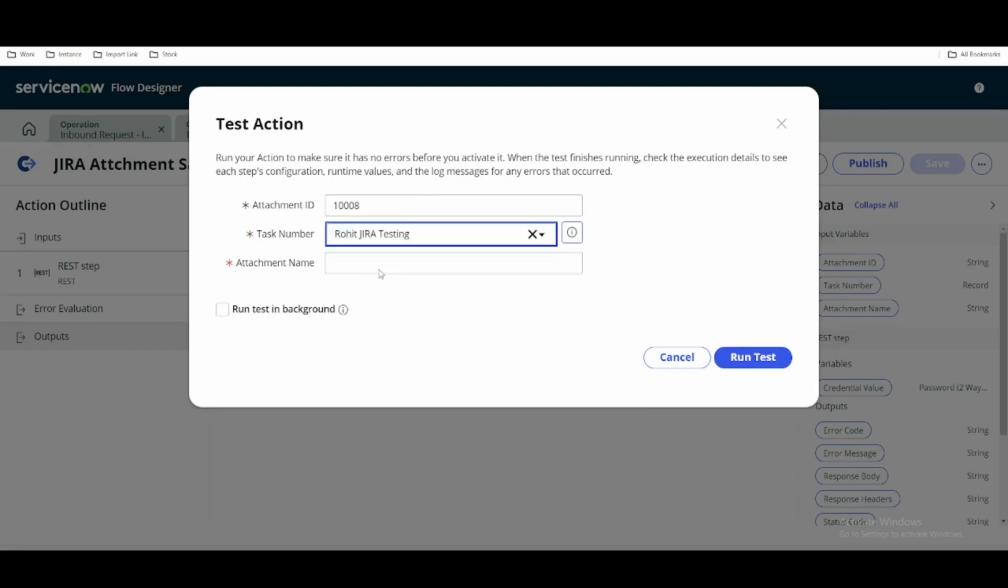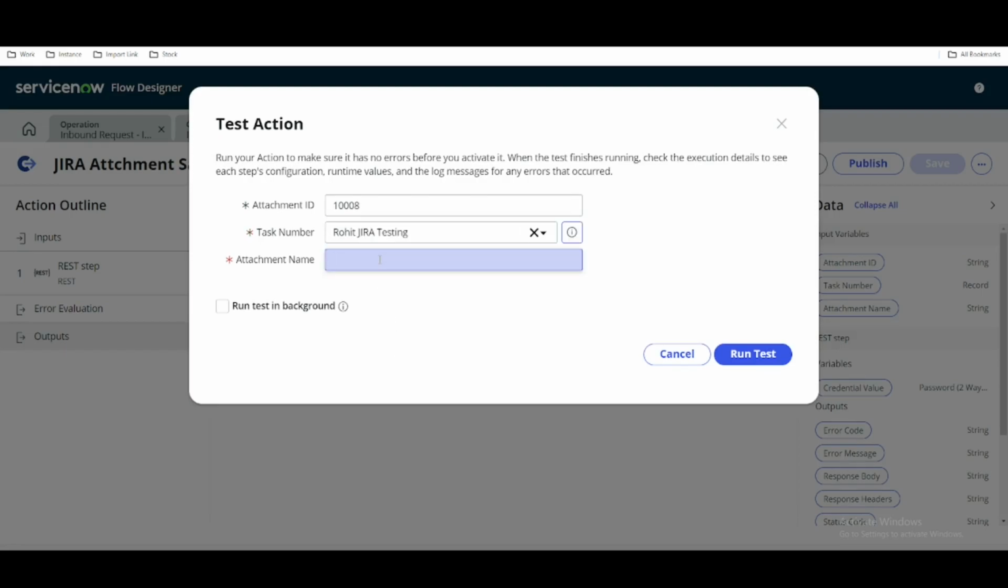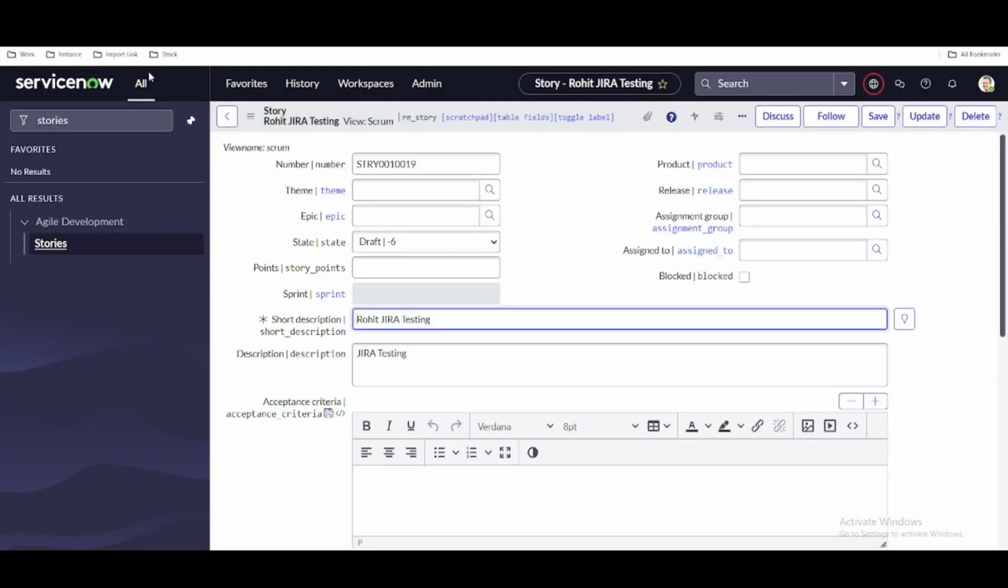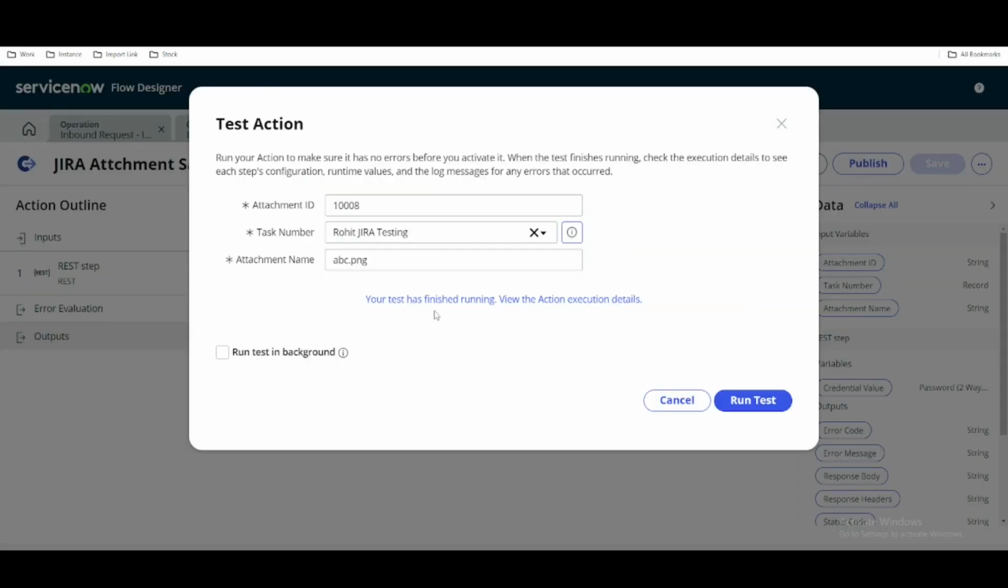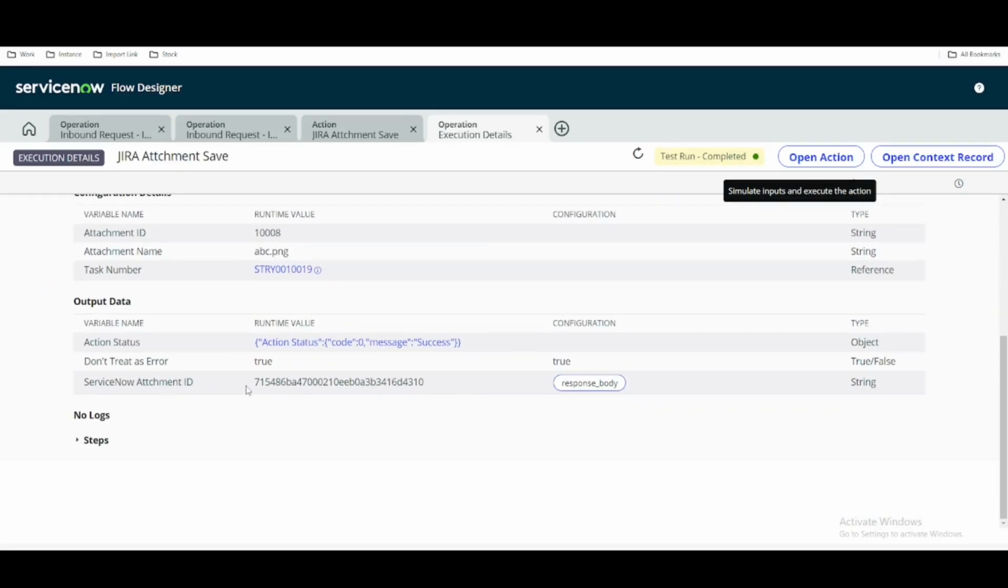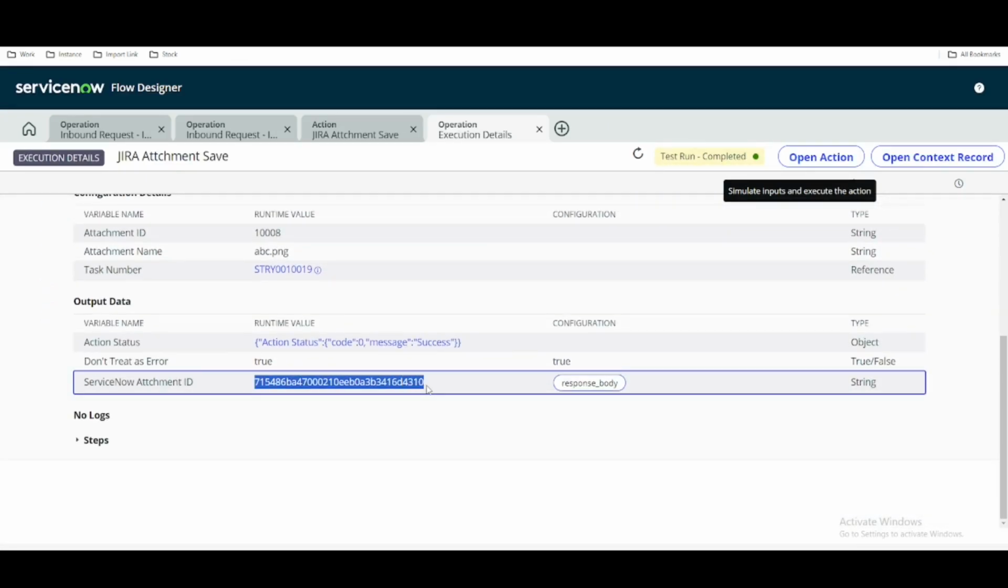So this is our story, and here we need to put that attachment name. Let's say I put abc.png at the timing, and then run the test. Once we run that, the expectation is that it should fetch the attachment from here, and that attachment should be attached here. So let's go back, click that execution, and you can see this is the attachment sysID,